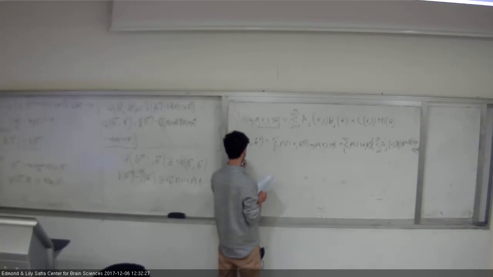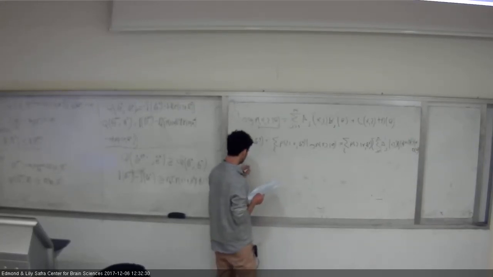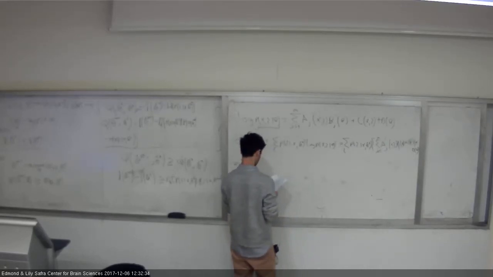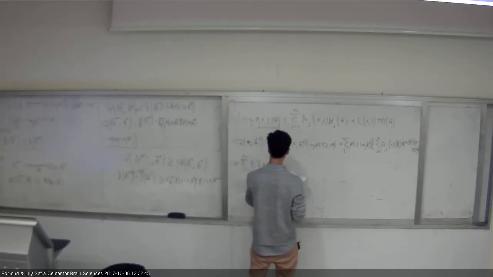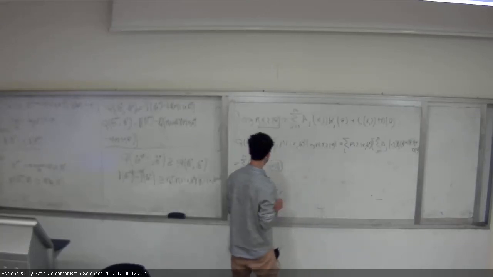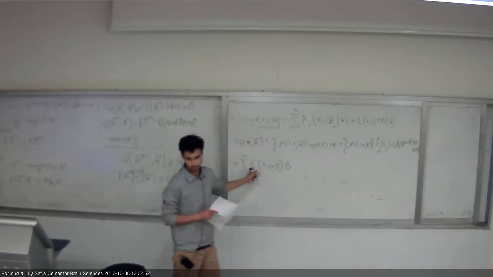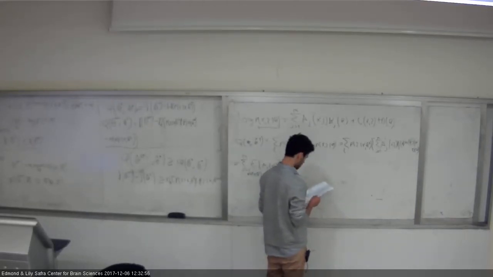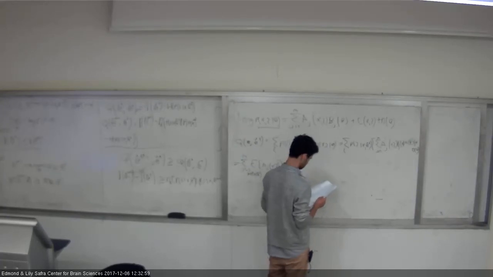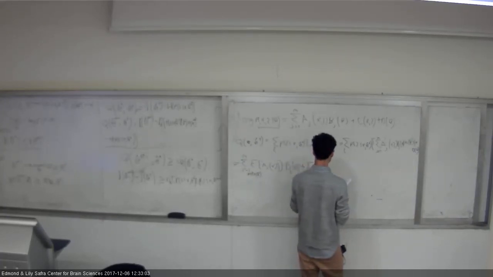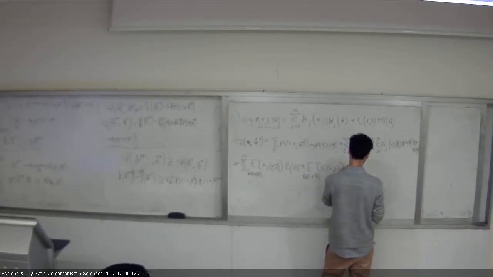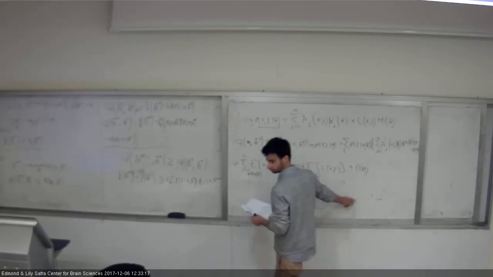So this is equal to the sum over j between 1 to m of the expected value according to P of z given x and theta hat at time t of a_j of x and z, times b_j of theta, because b is outside the expectation, plus the expectation according to P of z given x and theta hat of c of x and z, plus d of theta. Okay?